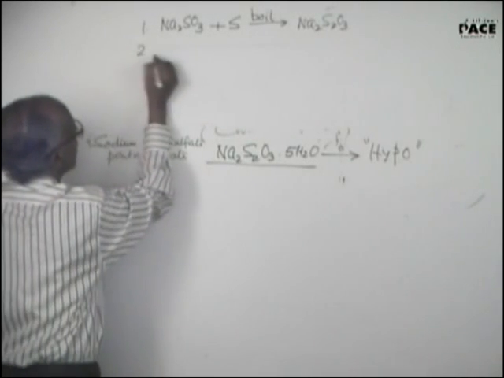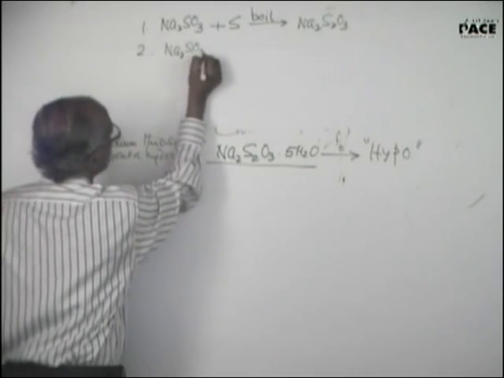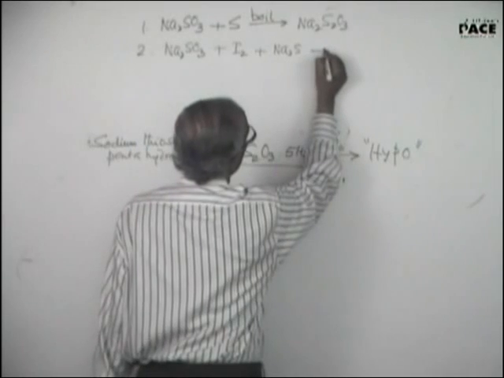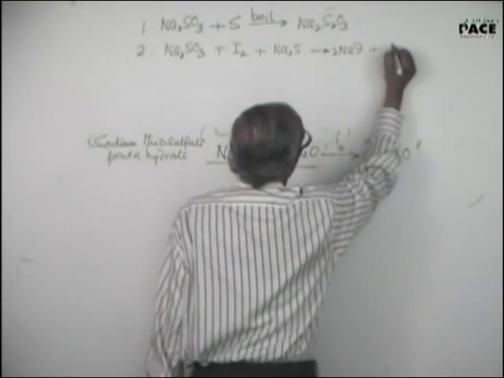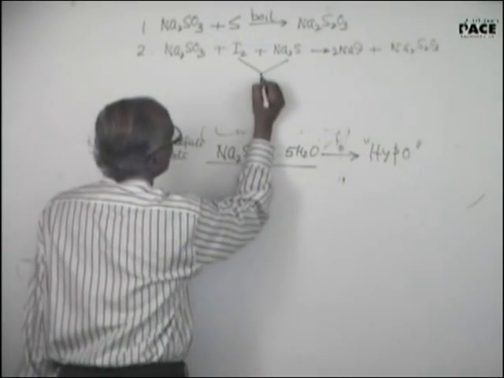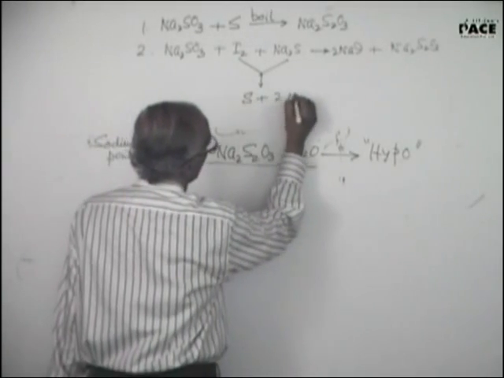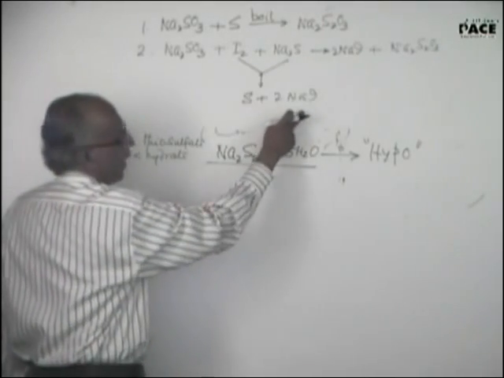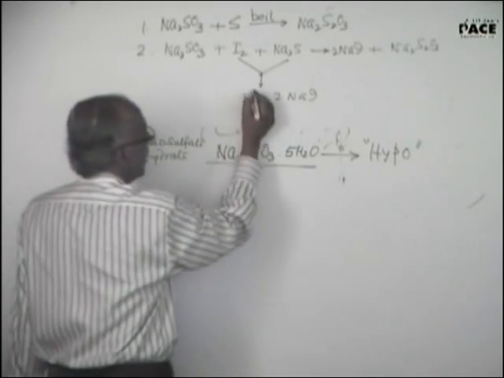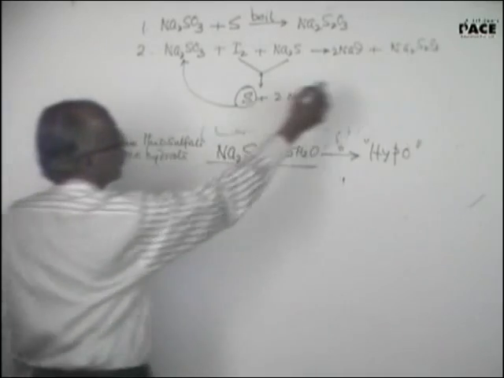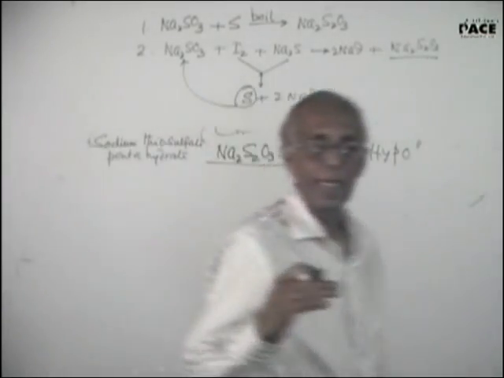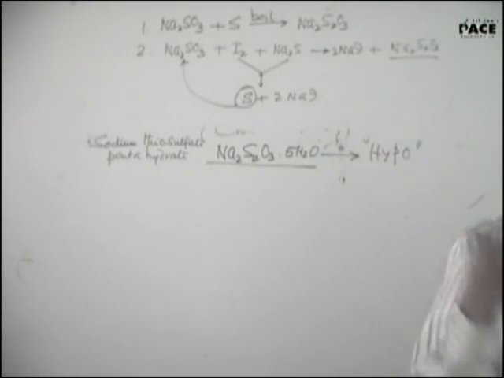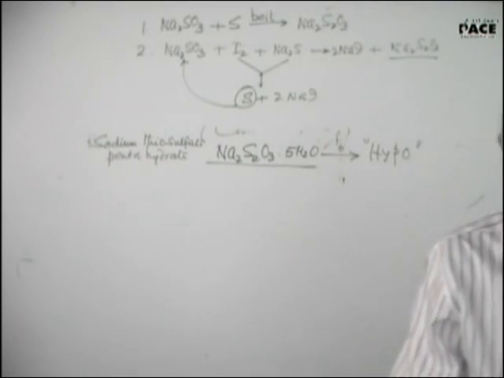Number one. Number two, sodium sulfide plus iodine gives me sodium iodide plus sodium thiosulfate. React these two. You get sulfur plus 2 sodium iodide. Sulfide is a reducing agent. Sulfide reduces iodine to iodide, gets oxidized to sulfur. This sulfur reacts with sodium sulfide to give you sodium thiosulfate. So, in the reaction, I am generating sulfur. I have not taken sulfur externally. I am generating sulfur during the course of the reaction,